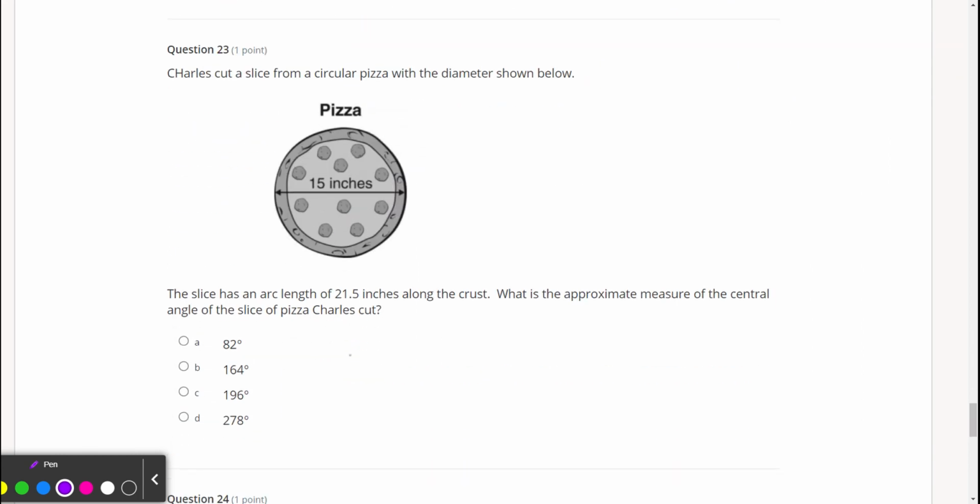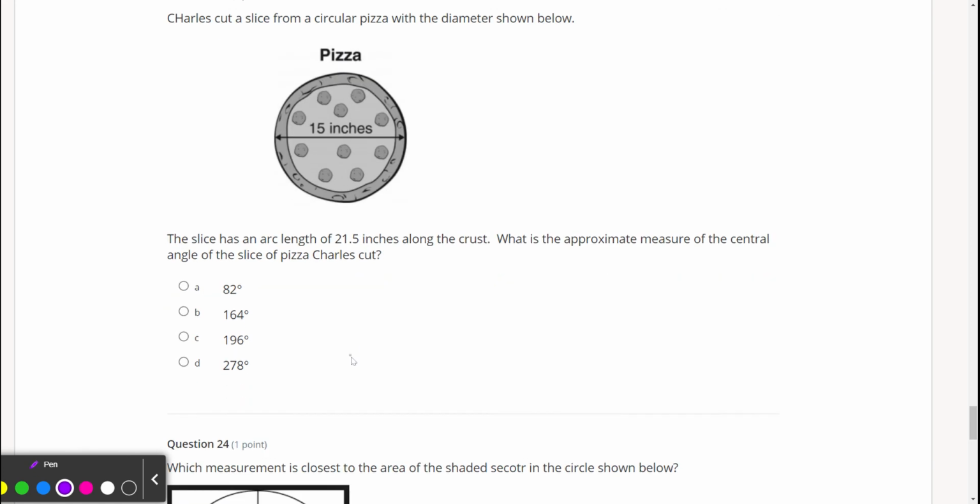What about our pizza? The slice has an arc of 2.15 inches. What is the approximate measure of the angle? So we're kind of doing this a little backwards. If the diameter is 15, what's the radius? And we do angle over 360 times, we've got an arc length. So is that pi r squared or 2 pi r? 2 pi r